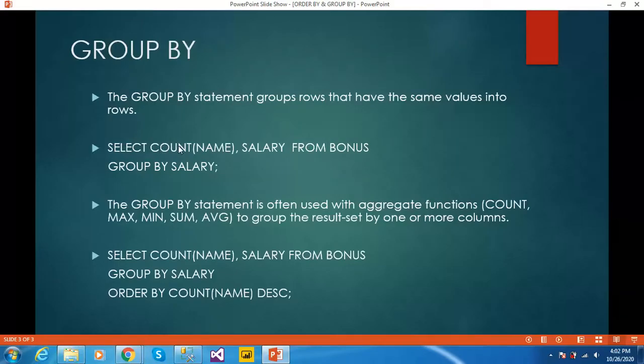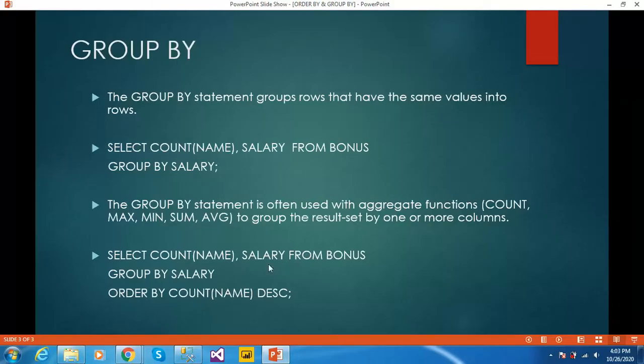Select count of the column name, comma, salary column from the table bonus, and we are using group by for the column salary. The group by statement is often used with aggregate functions like count, maximum, minimum, sum, and average to group the result set by one or more columns.